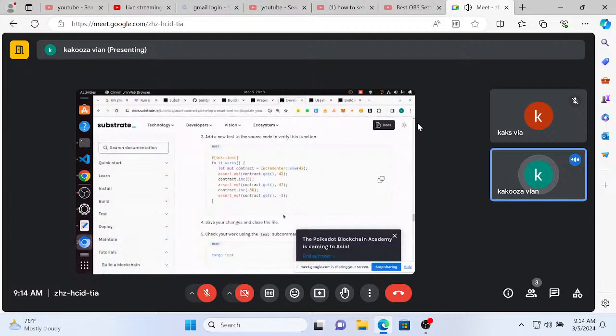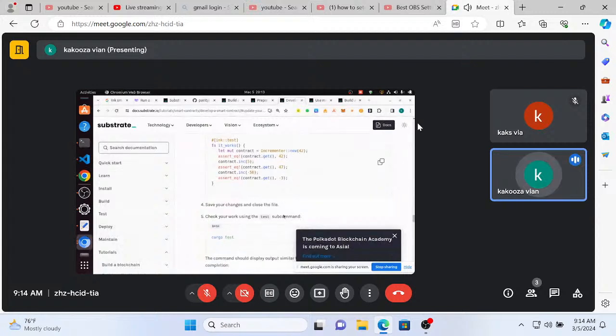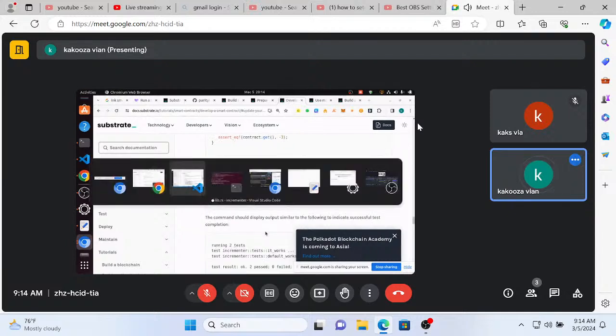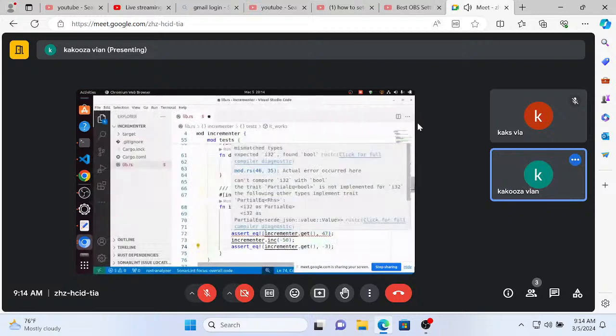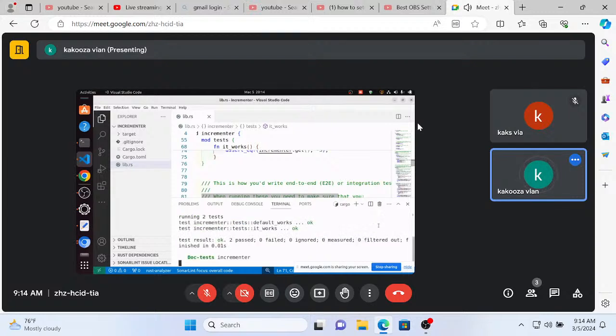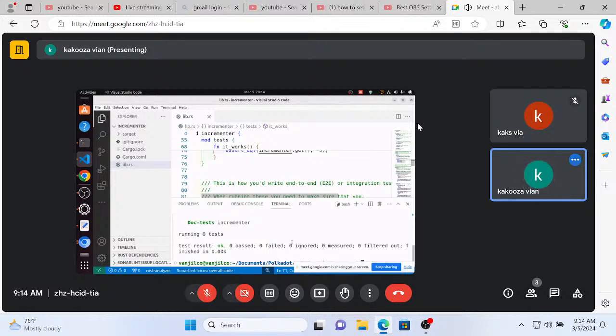Okay, save the file. Cargo test, to run the cargo test. So if the test passes, that means that, okay, we have passed and the tests are passing. So, yeah,